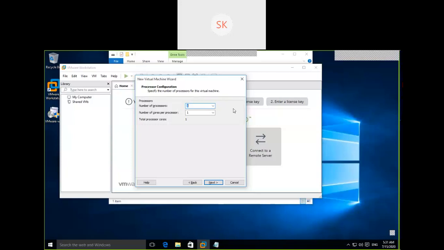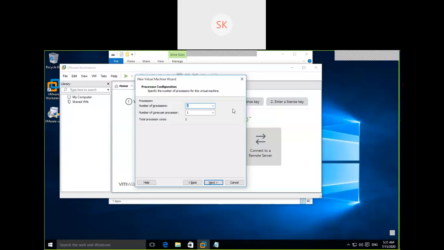So here I'm selecting a processor as one. For each processor I'm selecting 2 cores, that is dual core. You can see the configurations, dual core, quad core, octa-core processors. You should understand the difference between what is a socket, what is a core, what is a logical core.